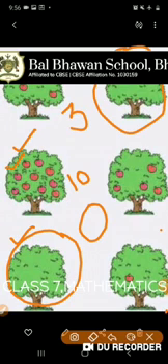0 means nothing. When something is empty, suppose your basket is empty and someone asks you how many apples or how many toffees are there in your basket, you will say 0 toffees or 0 apples. Like here, there are 0 apples in the third and fourth tree. So like this, 0 was discovered.